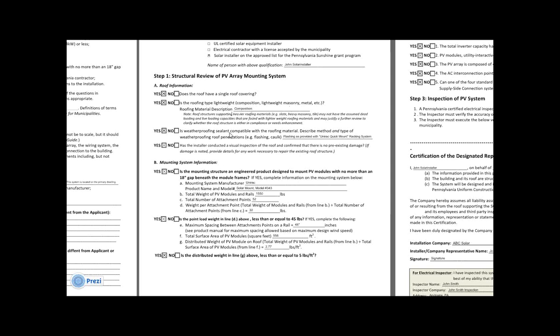Is the weatherproofing sealant compliant or compatible with the roofing material? Describe the method and type of weatherproofing of the roof penetrations, flash or caulking. This installer noted that the flashing was provided with the Unirack mounting racking system. So they already had a prescribed method for flashing the